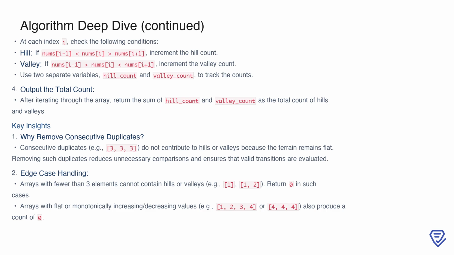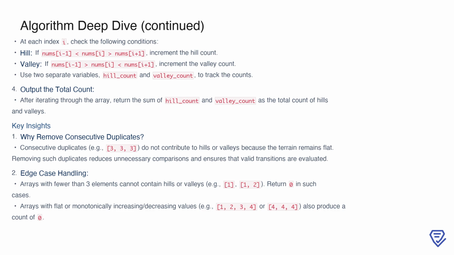First, if the current value is greater than both its previous and next values, it forms a hill, so we increment a hill_count variable. Second, if the current value is less than both its previous and next values, it forms a valley, so we increment a valley_count variable. These two counters allow us to track the number of hills and valleys separately. After completing the iteration, we simply return the sum of hill_count and valley_count as the total number of hills and